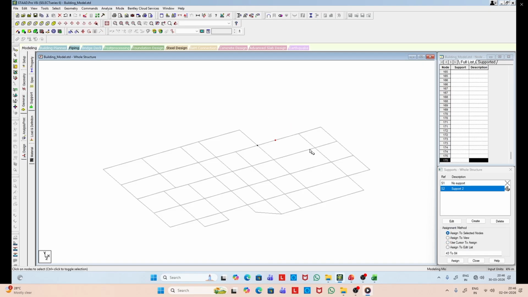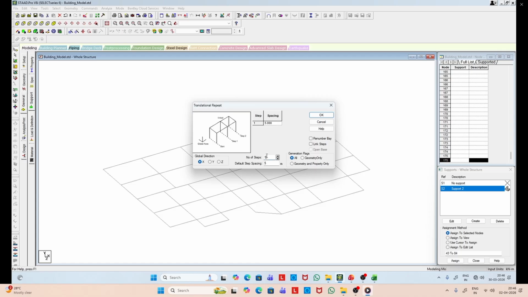And the point is created. So we'll copy that four times along z direction, and the distance is 5.5 meter.